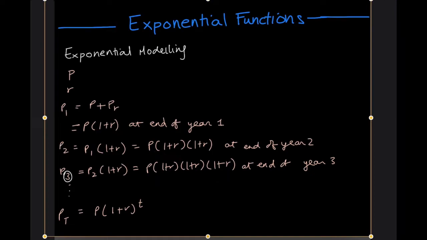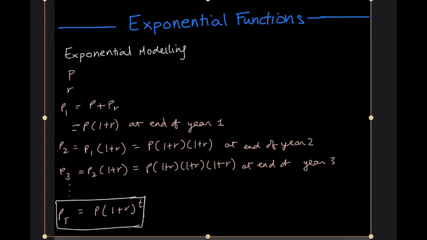And so basically this T is when it's compounded once a year, right? So we can just keep it as 1, 2, 3. At the end of year 3, T would be 3. At the end of year 2, T would be 2. But if we need to model more frequent compounding periods of interest, let's say quarterly, monthly, or daily, we need N to be the number of compounding periods per year, and let T be the number of years. Then the rate per compounding will become R over N, and the account balance after T years,